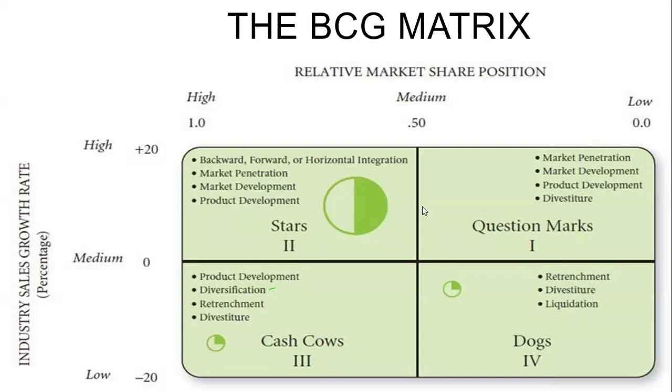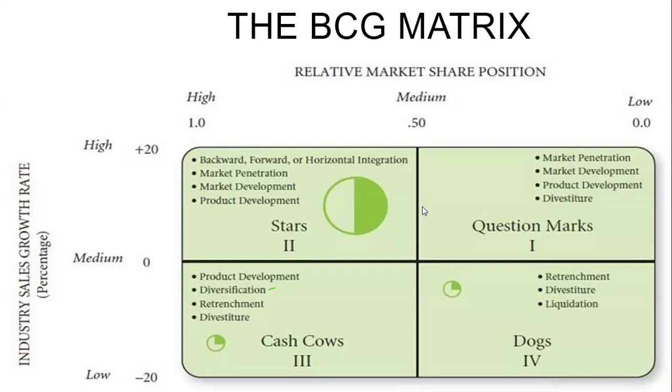And the specific strategy that will accompany each of these product designations will be contingent on the label that they generate. So for the dogs, the expectation is normally for that particular division to be entertaining defensive strategies. But for cash cow